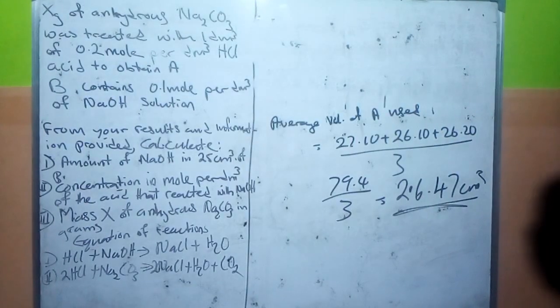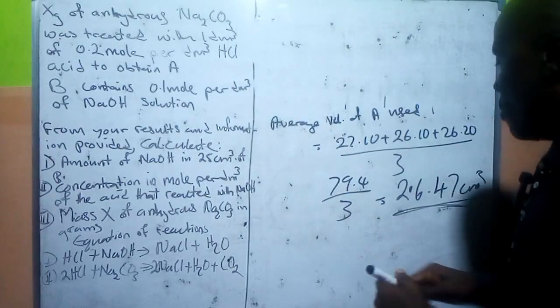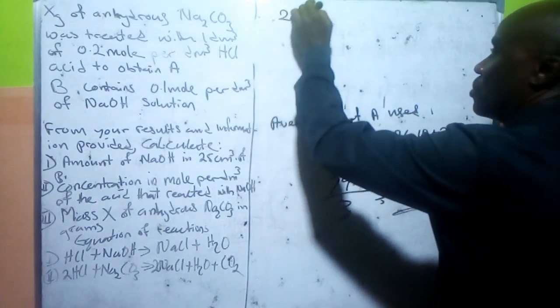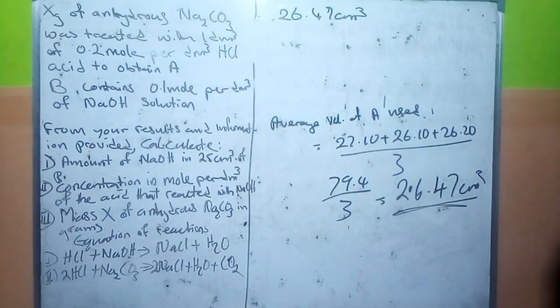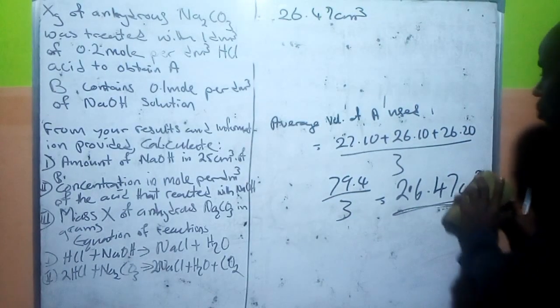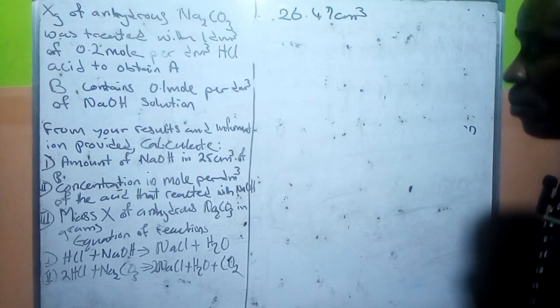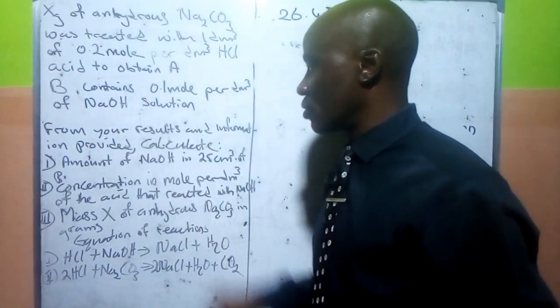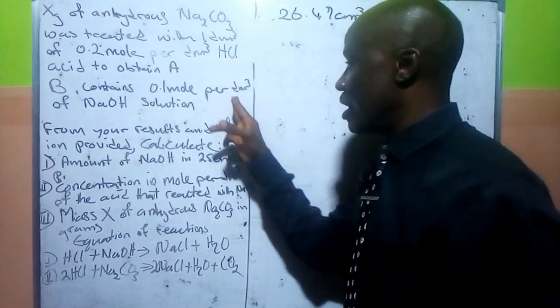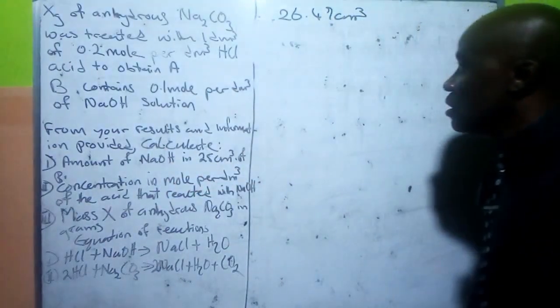So the next question, we are done with the table now. Let me just keep this here, because we always come back to it. The next thing we are going to be doing is the amount of sodium hydroxide in 25 cm cube of B. Now, 0.1 mole per dm cube of sodium hydroxide solution is what is in 1 dm cube. Now we're looking at what we have in 25 cm cube. To do this,